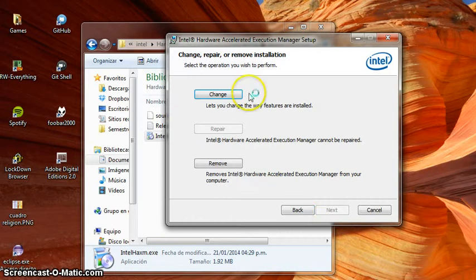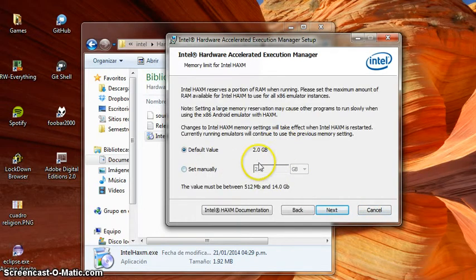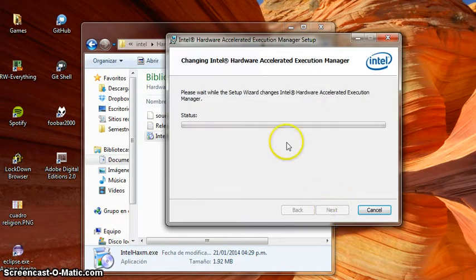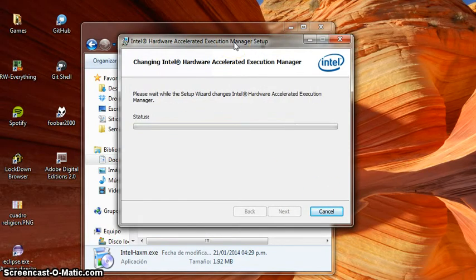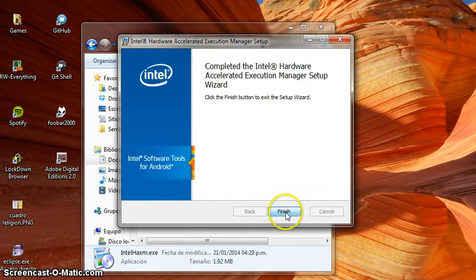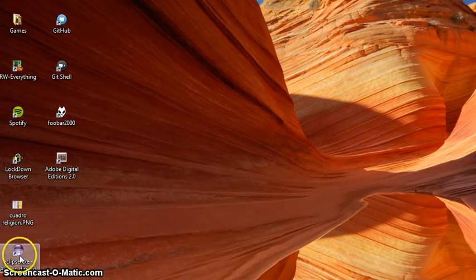You just click next. I have already installed it, so I'll just click change here. The default value is 2 GB. You can change it to whatever. I select 4 GB because I have a lot of RAM. And once you do that, it's going to install itself, and you click on finish. If you have Eclipse open, you have to restart it. I'm going to open it,